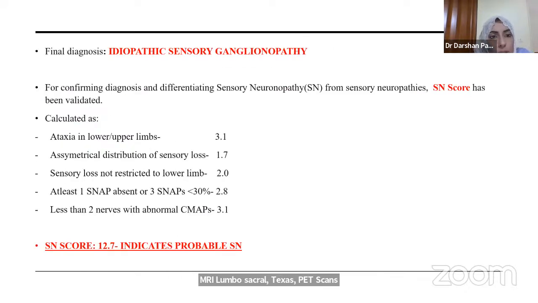So we finally labeled him as an idiopathic sensory ganglionopathy, and we calculated a sensory neuronopathy score for him, where for a probable sensory neuronopathy, the score should be more than 6.5. And based on the 5 parameters of ataxia, asymmetrical sensory loss, and sensory loss not restricted just to the lower limbs, and absence of SNAPs, and with normal CMAPs, he got a sensory neuronopathy score of 12.7, which indicates probable